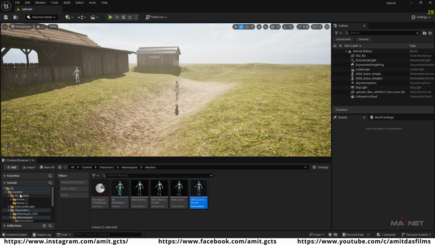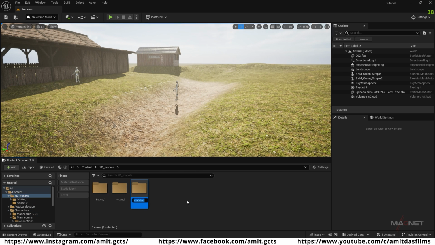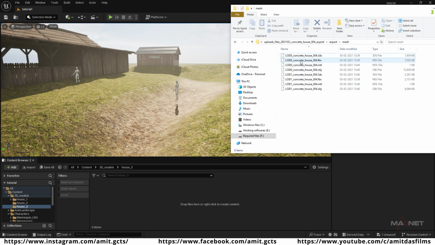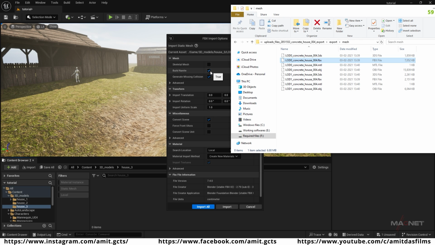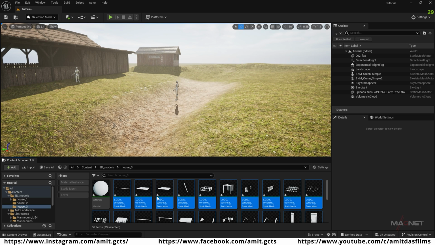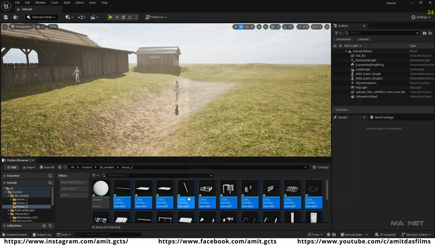So again, we go to this 3D model folder, create a new folder, and we name this as house 3. So we open this folder here, and here is the house 3 model. And there is different types of versions, but we're going to use the LOD0 FBX1. So we just going to bring this over here. And also check this built-in nanite and just click on this import all. Again, close this box. And you can see that this model is divided into different components, but don't worry,